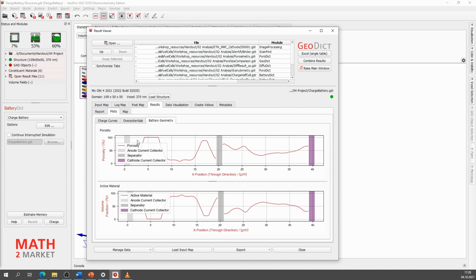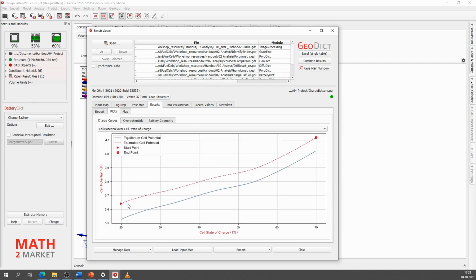We can go on plots and can have a look to the charge curve where the estimated cell potential is, like this. And we now, of course, want to compare this with the full cell potentials.